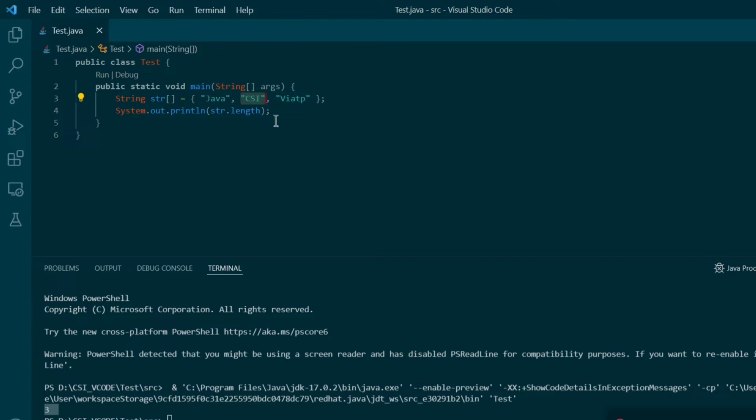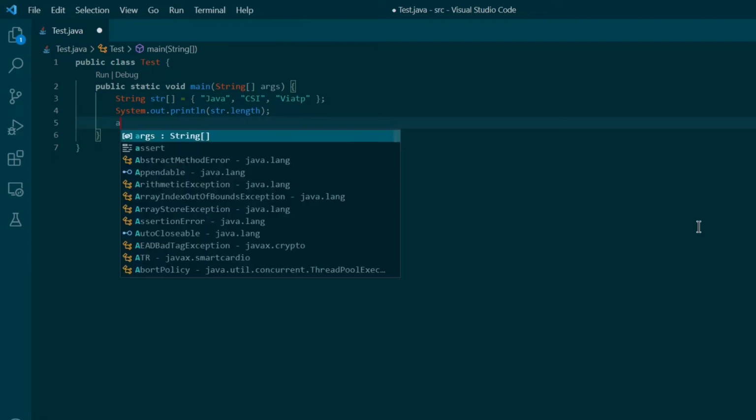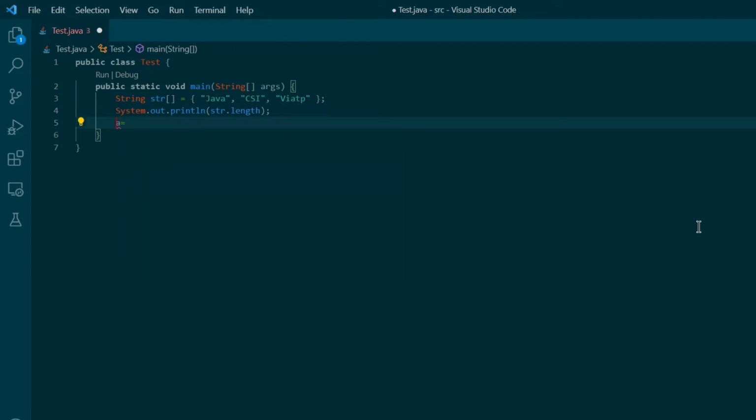Strings also have a similar kind of method, function, not method, let's say function, which is length. If we want to find out the length of a string, let's define one, and let's say it is hello world.